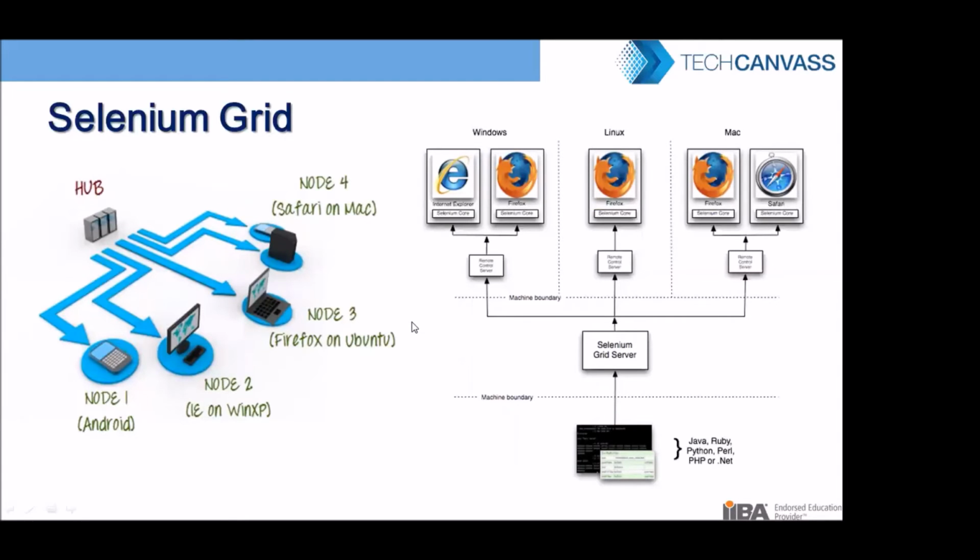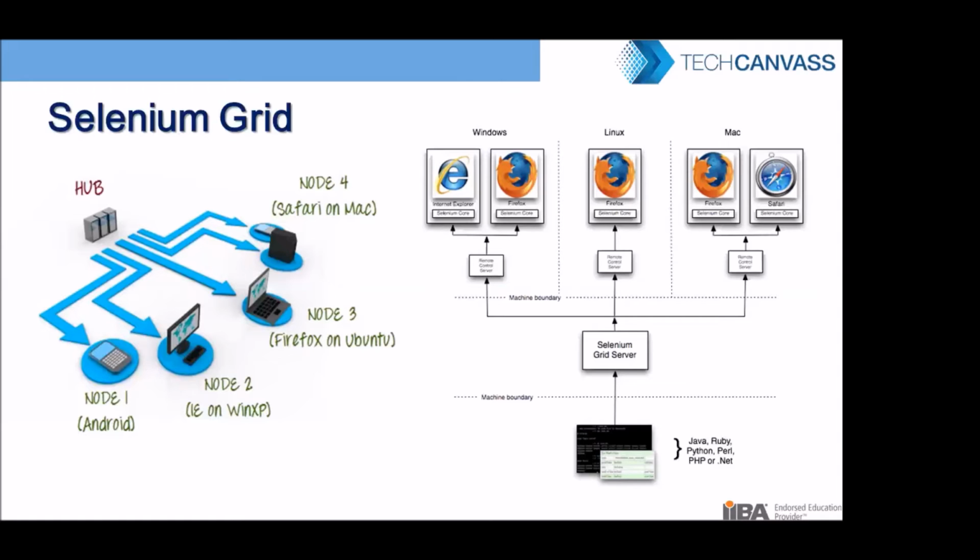Now the Selenium Grid part, this is very simple. This is why we use Selenium Grid. What is the purpose of Selenium Grid? The purpose of Selenium Grid is to minimize the execution time. Suppose we have thousands and thousands of test cases which we have automated and scripted, and we want to execute those thousands of cases in minimum time. Suppose our manager says that we have only 2 days to do all this regression. What we can propose to our manager is that we should use Selenium Grid.